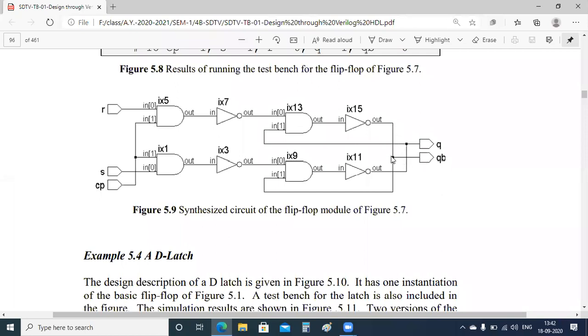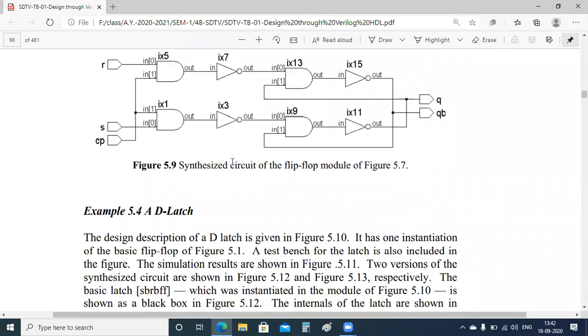To get Q bar, first for that particular NAND gate, I write QB first. That is the output. Then what are the inputs to it? We have to see. So this is the input. R is the input, and my Q is the input for this, and then I will get my QB there. Are you able to understand? It's very simple. You can understand the logic easily, right?